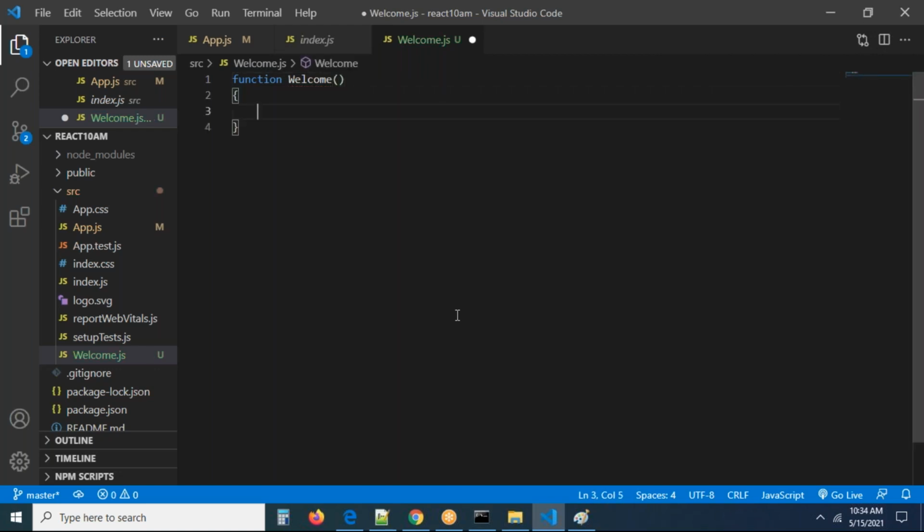Remember carefully, right? I created a simple function. In this, I want to write some HTML. Can I write the HTML tag directly like this? It is not possible in React, guys. If you want to write some HTML inside this method, remember, a method should return the data.